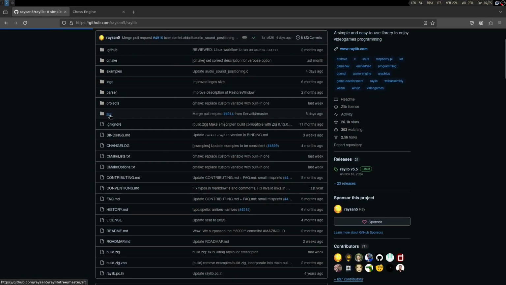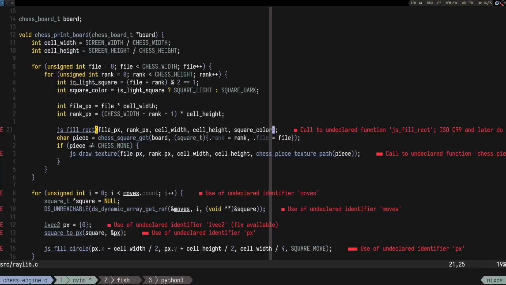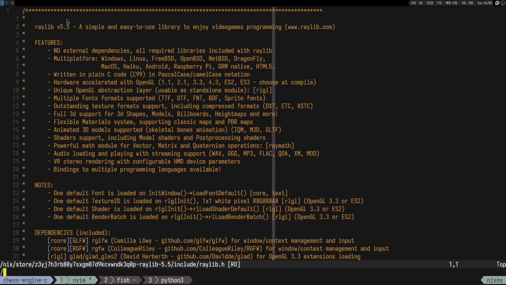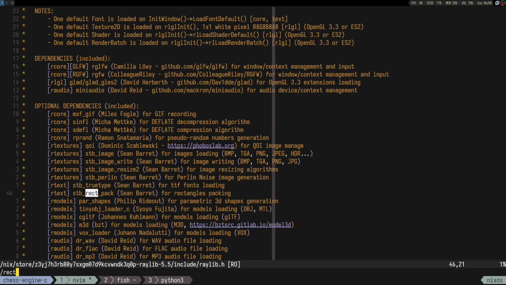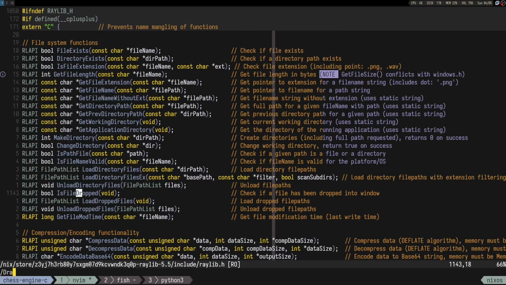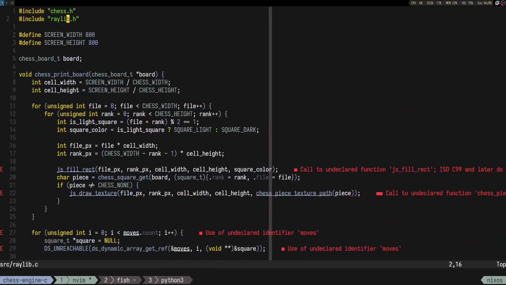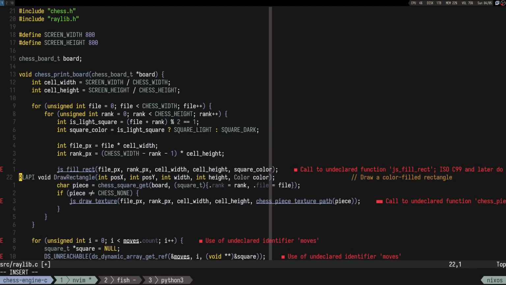Well, I guess where is raylib.h? Rect. Fill. Maybe it has fill. Draw rect. Draw rectangle. Draw color filled rectangle. Nice. So that's pretty straightforward. So we call draw rectangle,